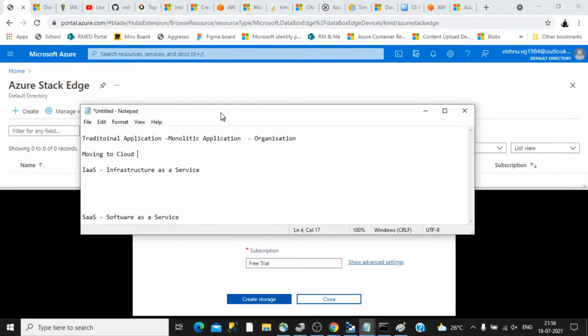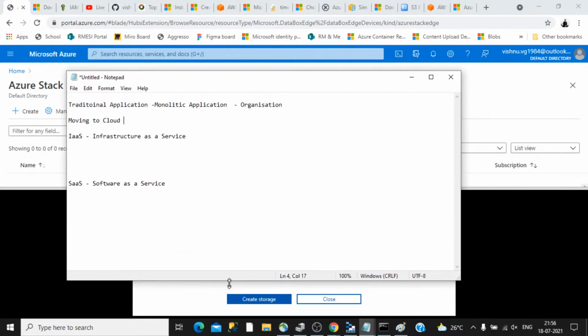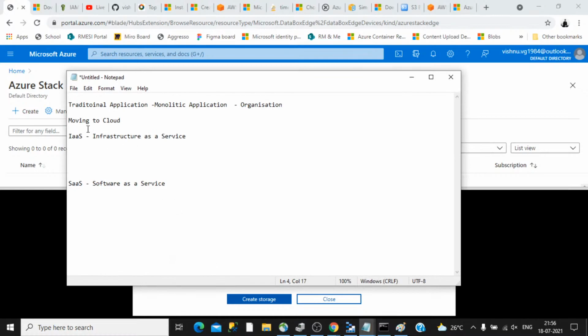Now the ideal choice, I explained this earlier but I'm explaining it again, is that you should be able to go straight to software as a service, because in that case everything else, that is infrastructure configuration and everything, is managed by Azure or Amazon. You don't have to bother about that, you just have to bother about how your application is working.